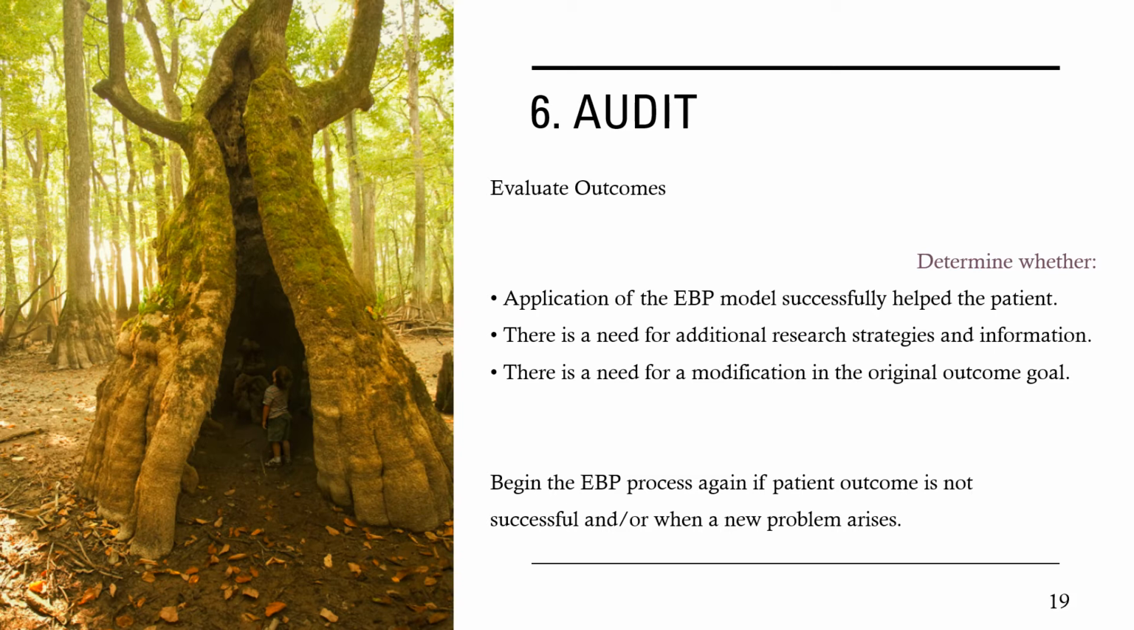We're going to have to determine if there's a need for additional research strategies or information. Maybe they didn't get whiter. Maybe the patient does have triclosan stain, or maybe they're about as white as they get, right? And so we have to go back to the drawing board and figure out, what's going on here? Why didn't it work? And we might need to determine whether there's a need for a modification in the original outcome goal. So maybe the patient's teeth are as absolutely white as they get, and so the modification here is that the patient needs to set more